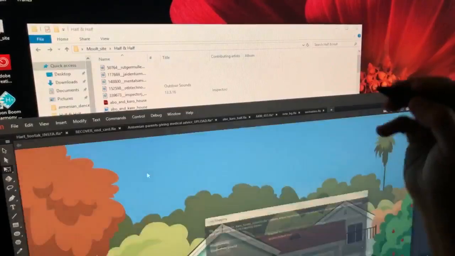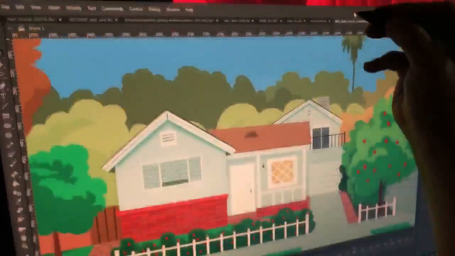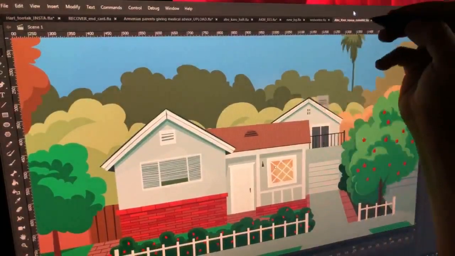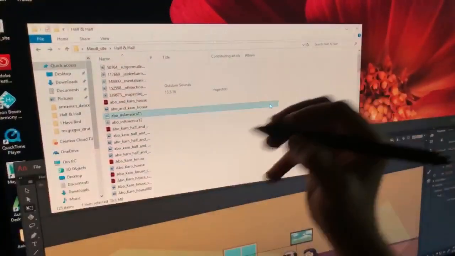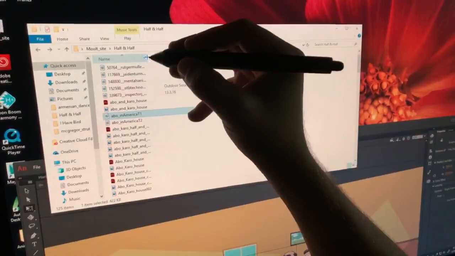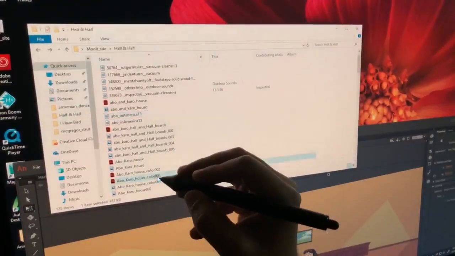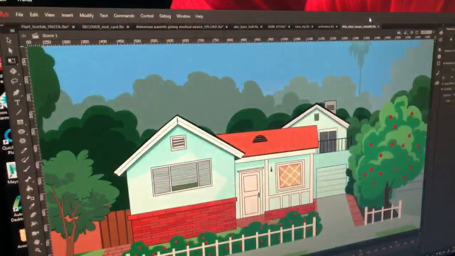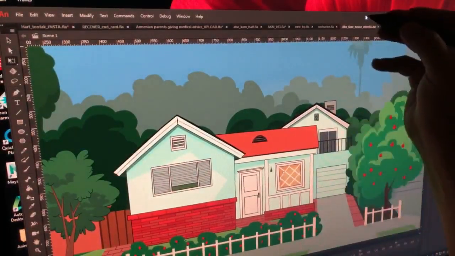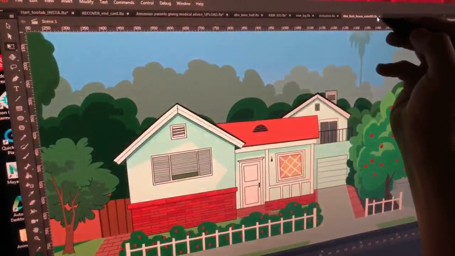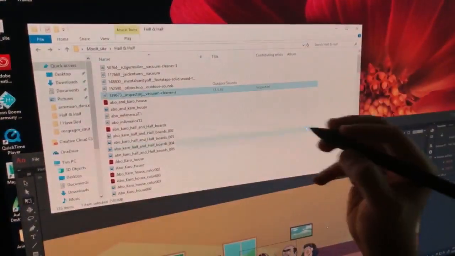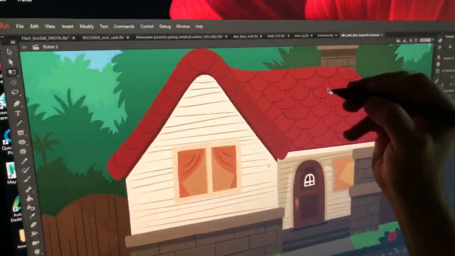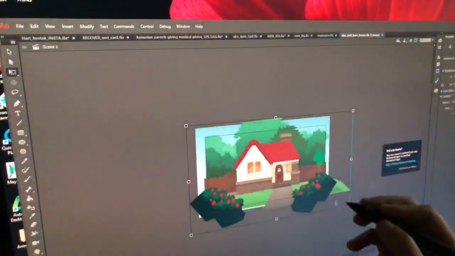I think it's this one. Oh, this has different colors. Back here you can see the different colors. And then the final one ended up being, no, this was also a different one. I was just doing different color tests to see which one I like. But the one I ended up going with, I can't find. Oh, is it maybe this one? Yeah, there you go. I ended up going with this one.